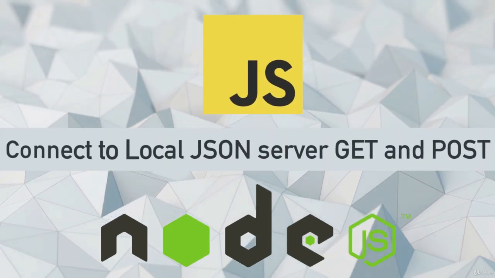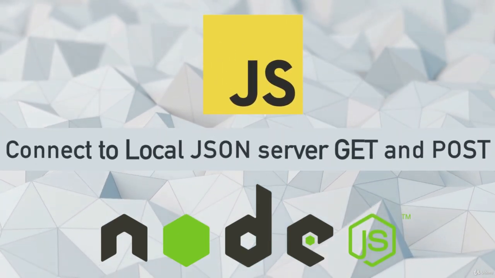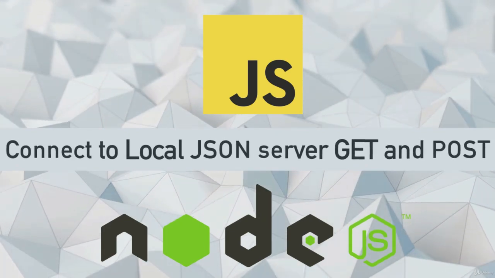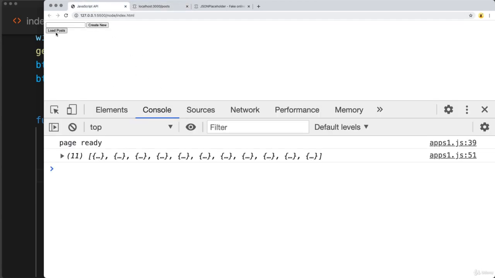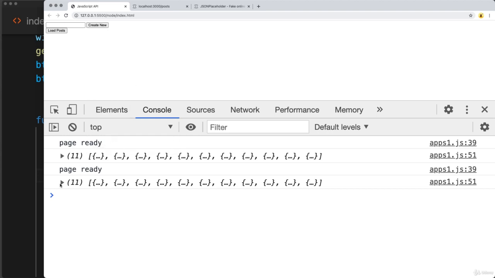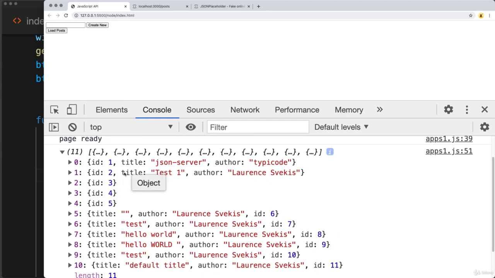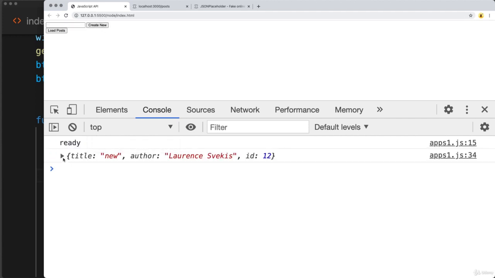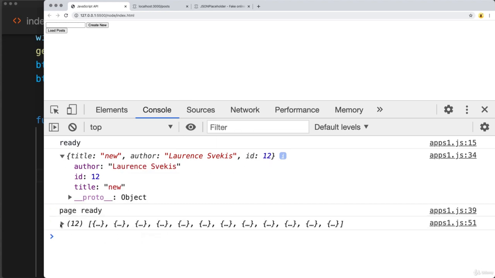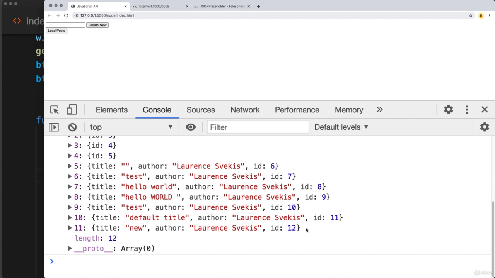So in this lesson, we are going to be connecting to the posts that are contained within the local server database, as well as doing some troubleshooting and returning back content from the database, and then outputting that content on the page. So we don't have that yet, but we're outputting into the console. We also have the option to make new items, so specifying the title and getting back an ID. So now when we load it to the page, we're also going to have that brand new one that was